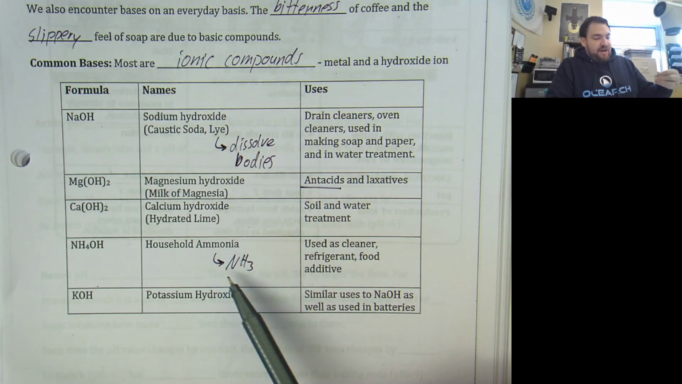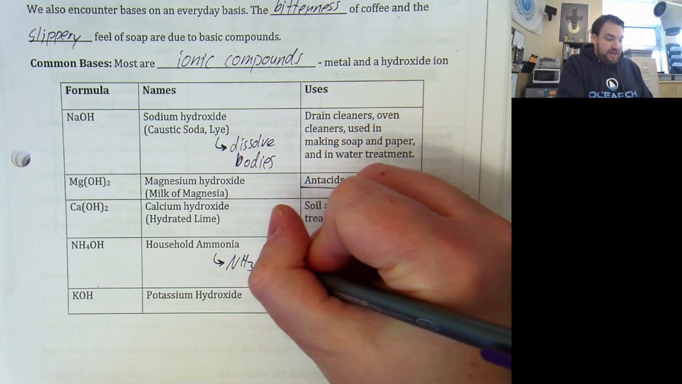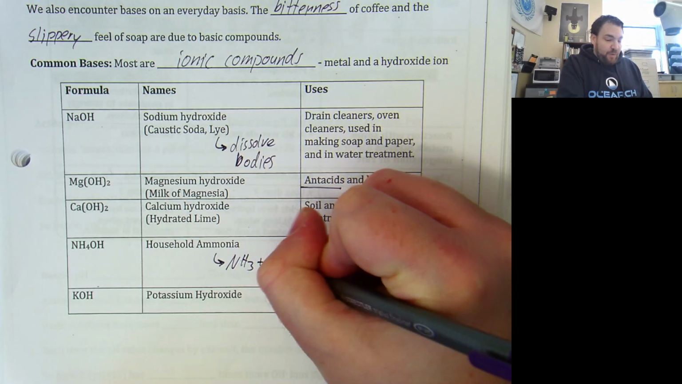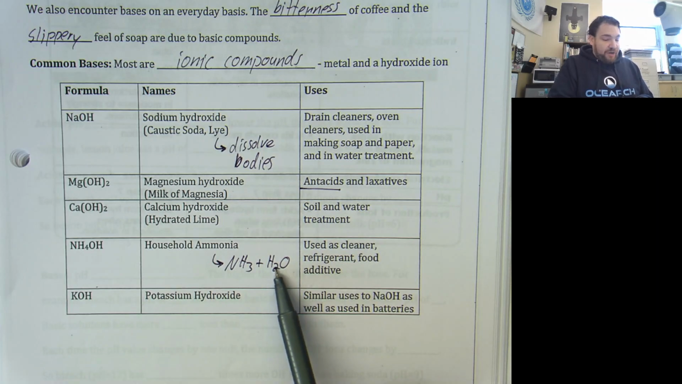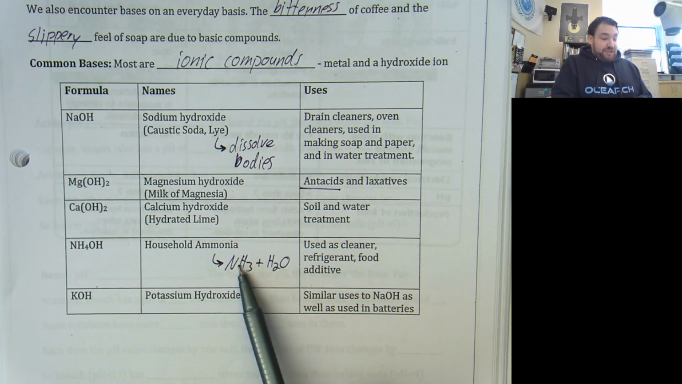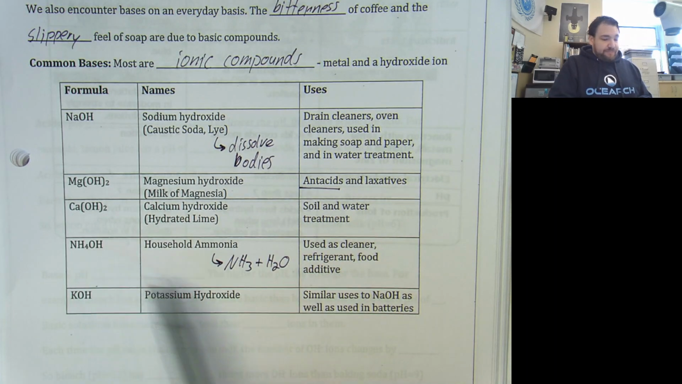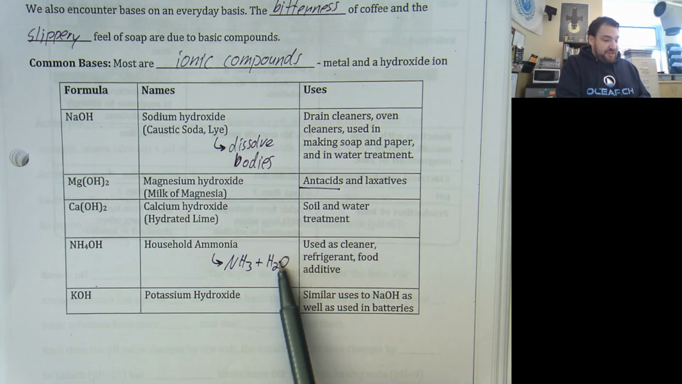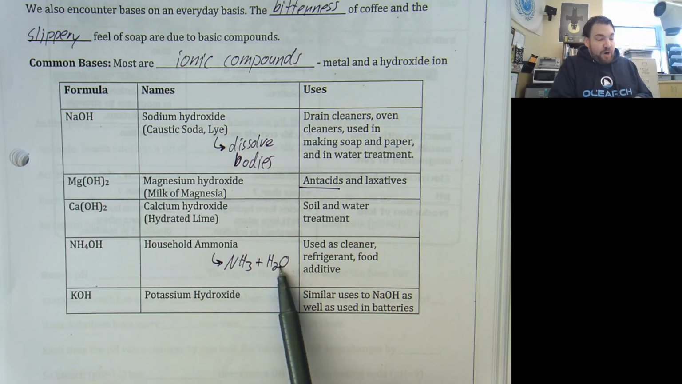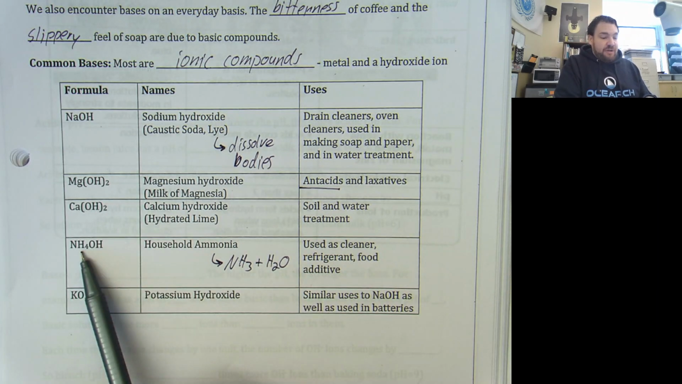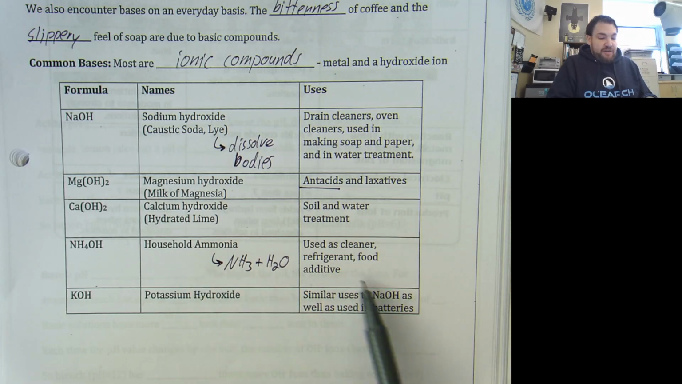So to make it not a gas, what they do is they take the ammonia and they dissolve it in water. One of the H's from the water joins the NH3, turns it into NH4, and then what you have left over is just the OH. So dissolving ammonia in water produces NH4OH, called household ammonia, used as a cleaner, it's used as a refrigerant,